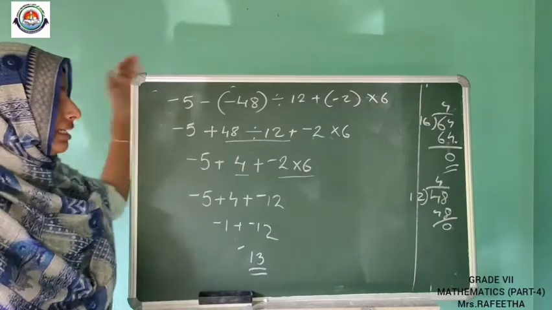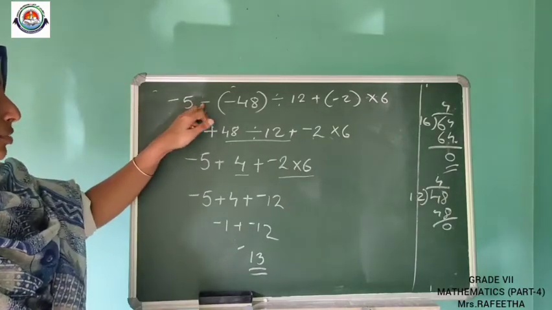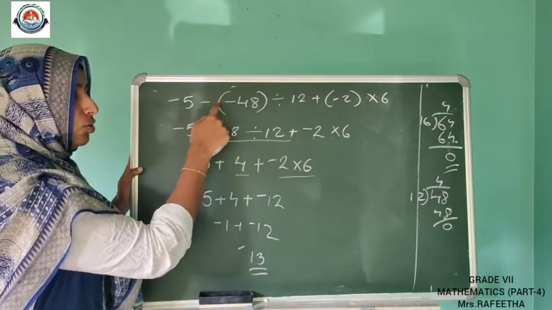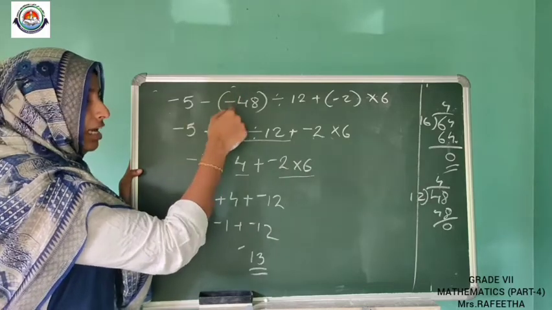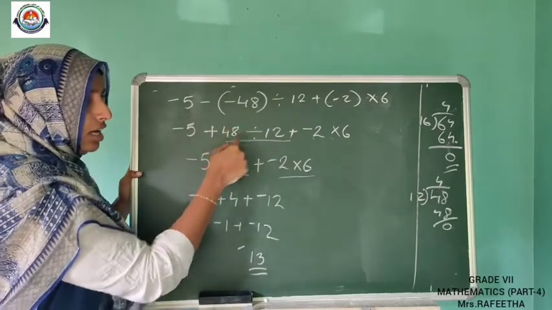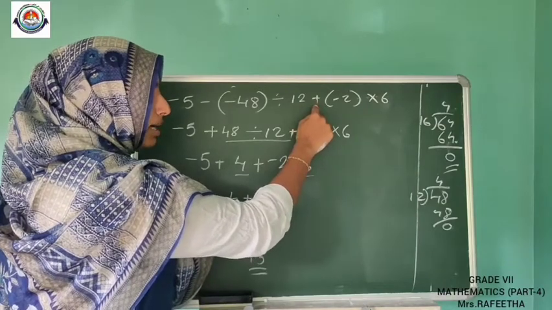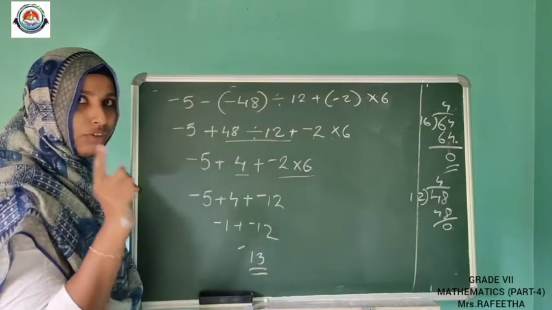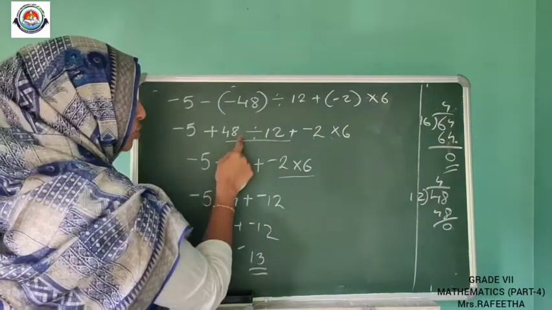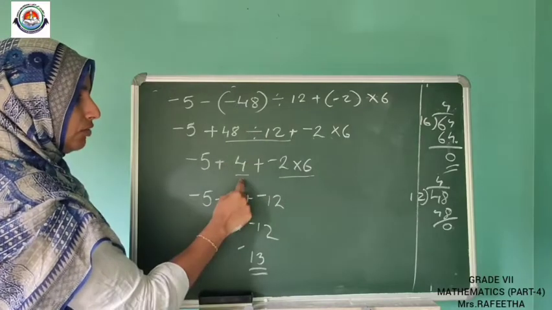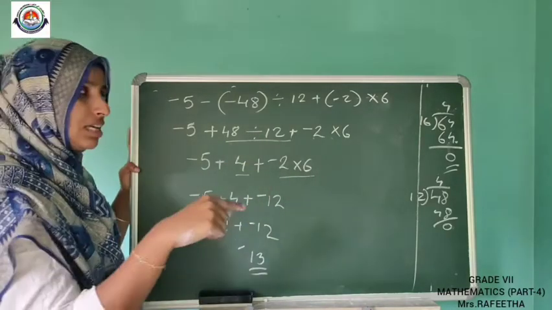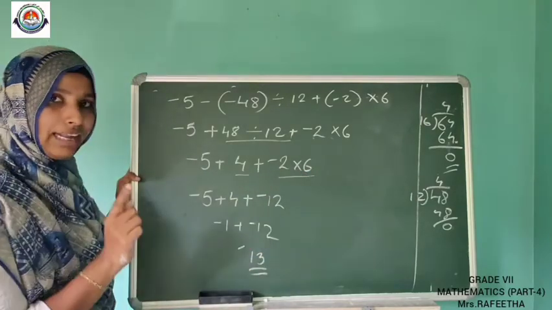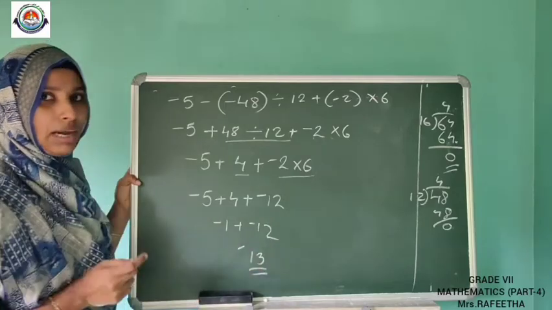Any doubt? That is minus 5 here. This bracket is preceded by a minus. So what can we do? We can change the sign of minus 48. So we changed it here. Here no change because it is preceded by plus, so the minus 2 stays itself. Next we go through the division. After the brackets we consider the division. So 48 divided by 12 is 4. Next, division over, next is multiplication. So we multiplied here and got minus 12. Now all are adding, so we just add and we get minus 30.